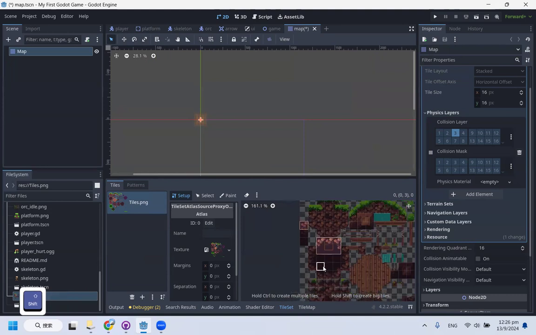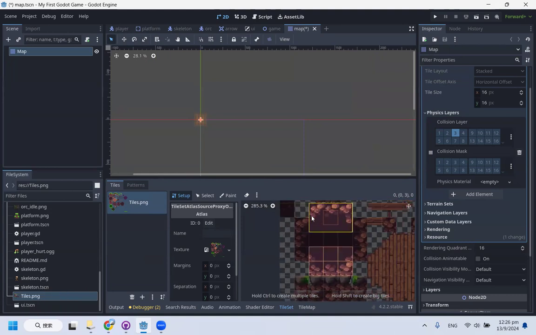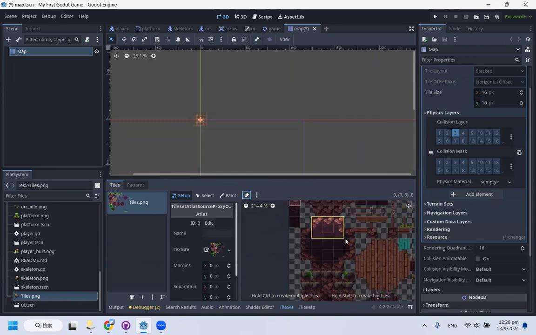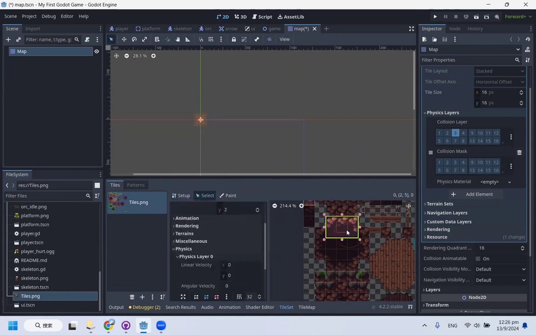So it's going to be different from if you never long hold shift, right? You see, there's no grid inside this big tile, which means that this is one big entire tile, but not 6 separate tiles, right? Let's just clear these tiles. So now we have created a bigger 2x3 tile. So we can select this tile,